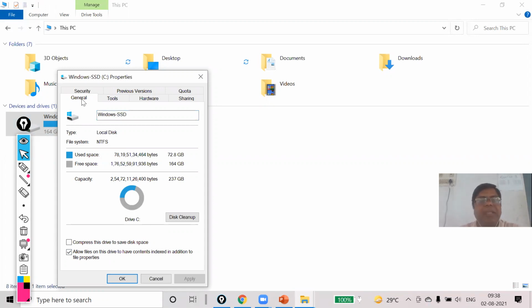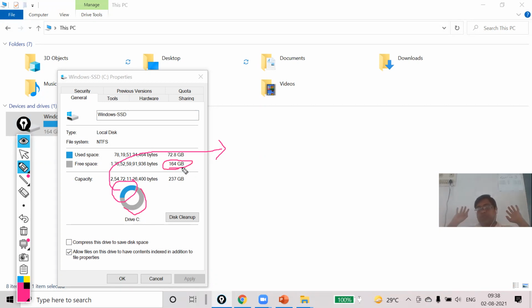First you have to check whether you have sufficient space or not. You can see the blue color shows how much is already occupied by my files, folders, software, and the Windows operating system. This much area is free, 164 GB of space I still have, so I will not do this step.